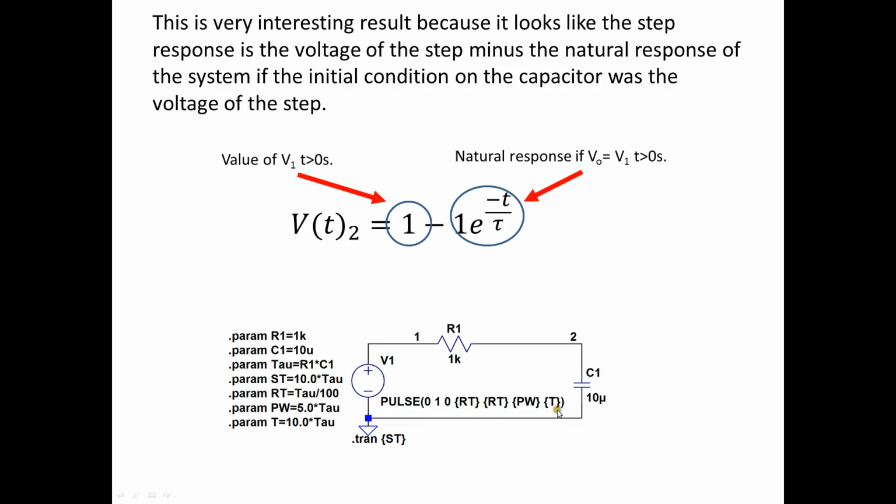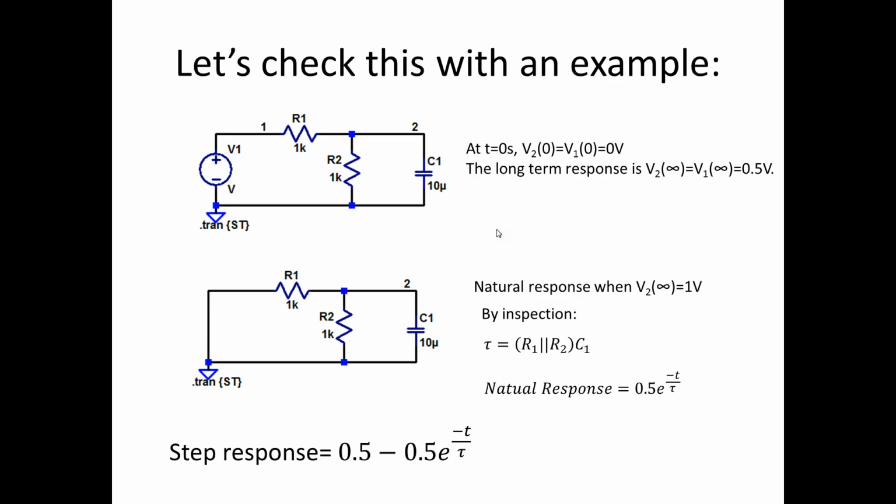So this is pretty interesting because I have the DC value of the step response here, and this is the natural response, and it's just 1 minus that. So that's a curious example. Let's see if that checks out for other